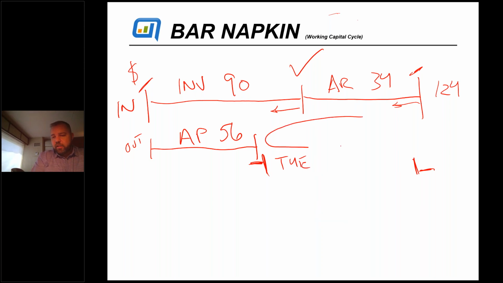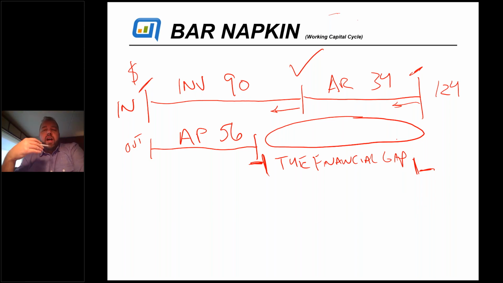The difference between the top line, the in, and the out, is the financial gap. The financial gap is used to figure out how much working capital you should have. A lot of people don't know how much they should have, and it's different for every company, and it's based on these three numbers. This is how much working capital is necessary to run your business. It could be cash, or a combination of cash and line of credit. Somehow you have to have access to this.